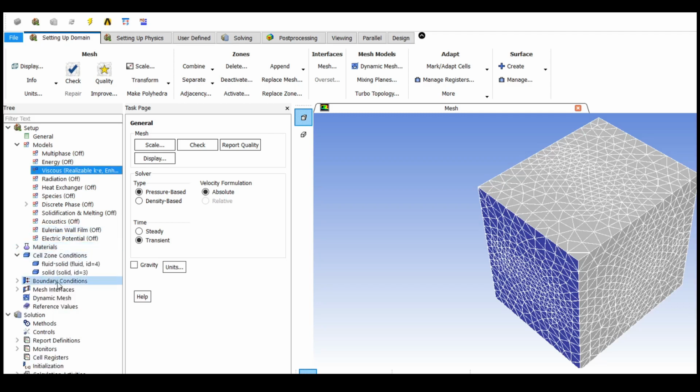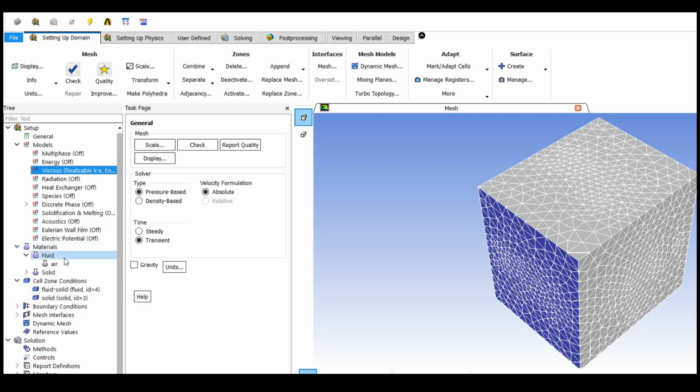Okay, fine. Now we can choose which type of material our geometry is going to enclose. Our geometry will enclose a fluid, and the type of fluid we are choosing here is air, since our wind turbine is being rotated by the use of air. Now click on the fluid.